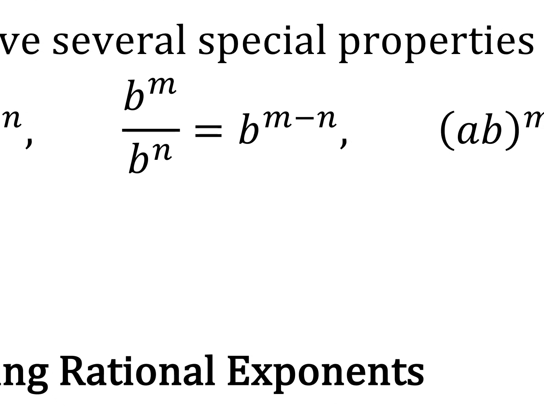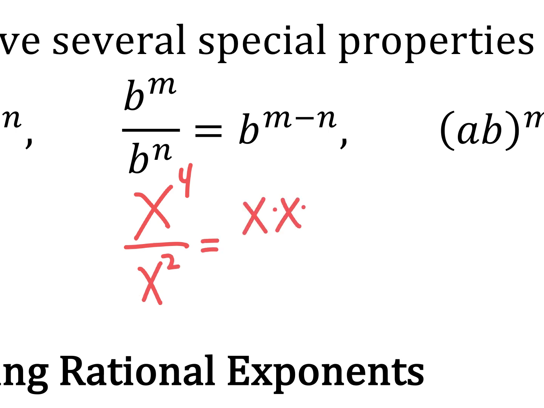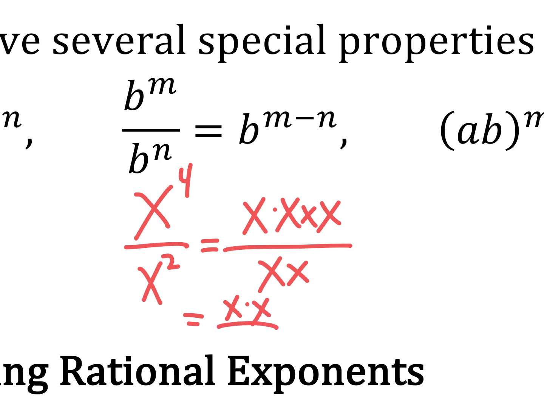If we're dividing here, we have b to the m divided by b to the n. We're going to end up subtracting the exponents. Let's convince ourselves of that. If we have x to the 4th over x to the 2nd, well, that's like having 4 factors of x all over 2 factors of x. And we could rewrite that if we want. Let's take 2 of those x's over 2 of those x's times